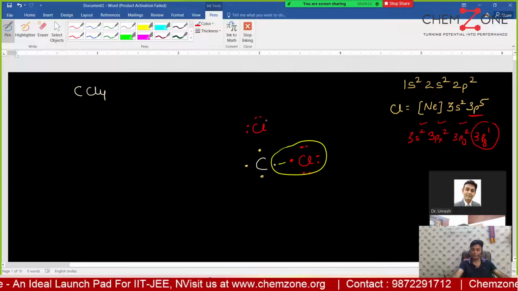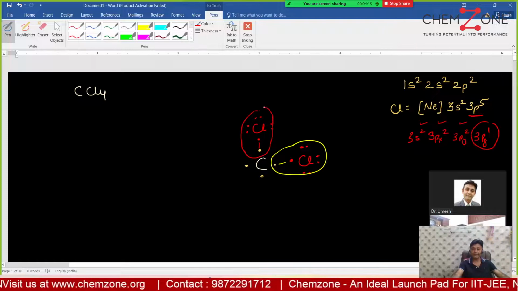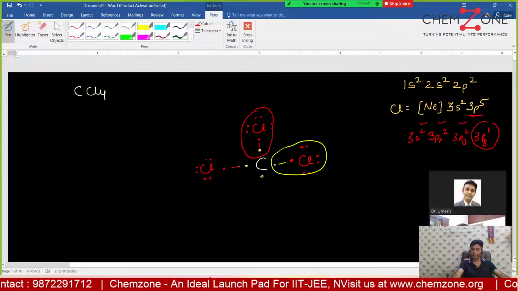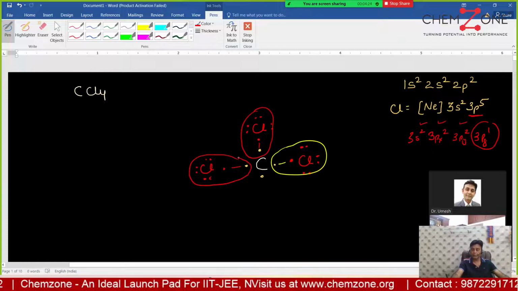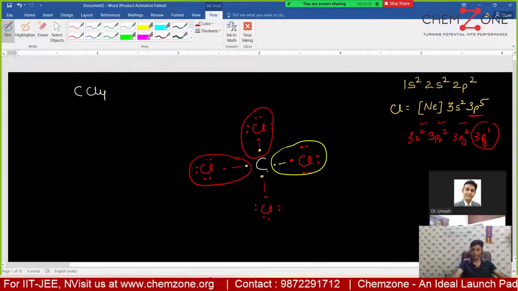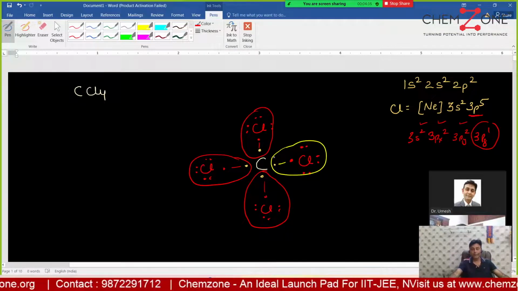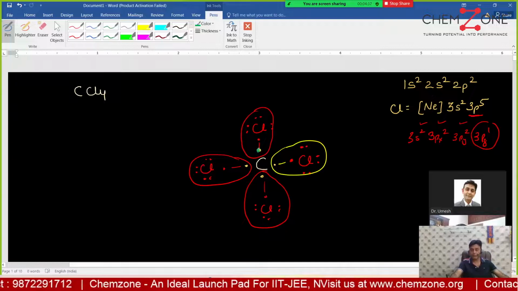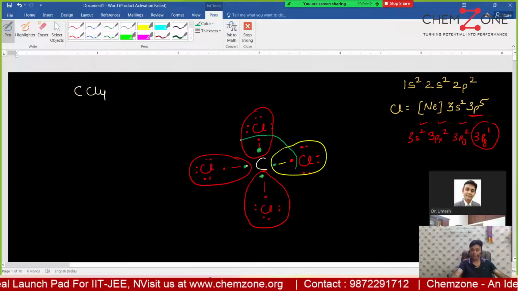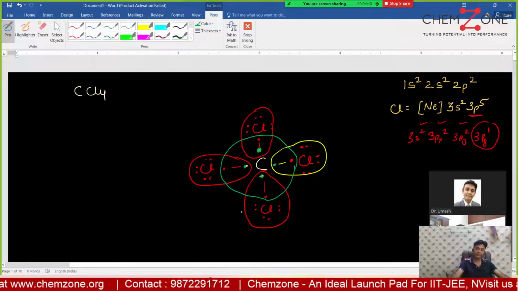So 1, 2, 3, 4, 5, 6, and one electron shared here. The chlorine completes its octet by sharing an electron with the carbon electron. Now the carbon has 4 electrons in the outermost shell, 1, 2, 3, 4. But by sharing 1 electron with chlorine, its octet is also complete. So according to the octet theory,